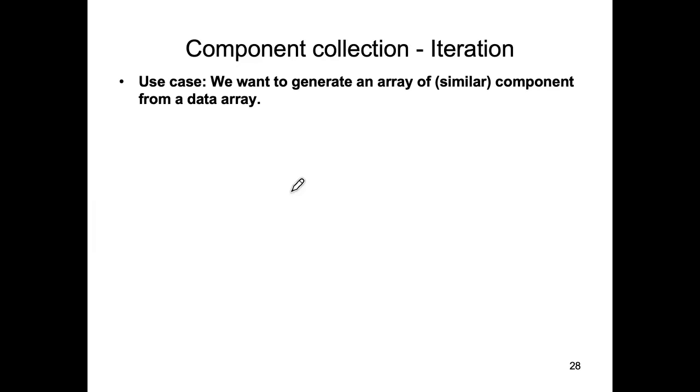So you've got a data array, and essentially what you want to do is map over that data array, and you want the map to produce an output array where the output array has JSX elements